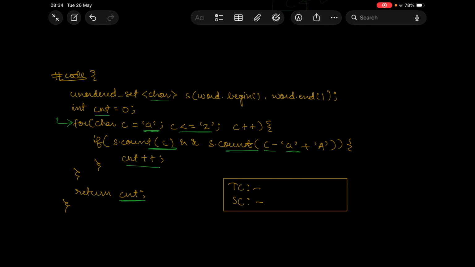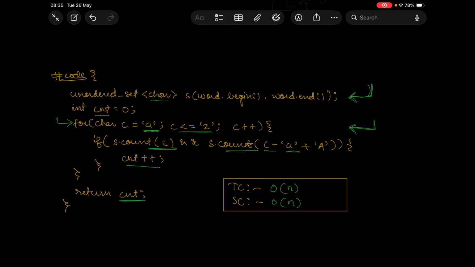And if we see the time complexity, here we are inserting all the characters into our set, so that is O of n. And then we are iterating on these 26 alphabets, so that is 26 altogether. Since the length is n and we are inserting, it will be O of n. And inserting into the set data structure basically. Okay, and then the space complexity is O of n. Okay, because we are inserting all the